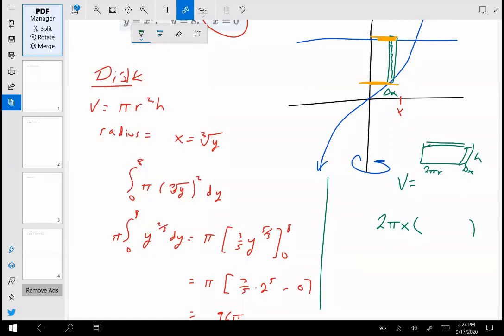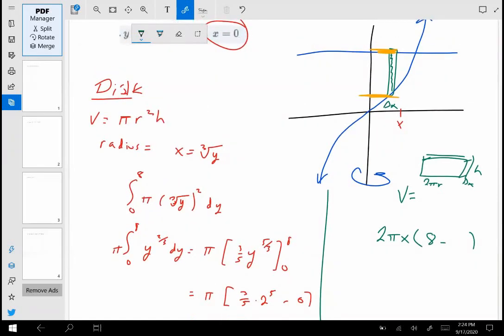Say, well, you know what? I know this is going to be 8 minus whatever that y coordinate is. Okay? But I know we're supposed to be in terms of x, because that's the width of that rectangle. That's the delta x. So if I have a y in my equation, I need to go back and substitute in. So, okay, well, what was y in terms of x? Well, y was x cubed, wasn't it? So instead of the y, we'll stick an x cubed there. And then we'll have,